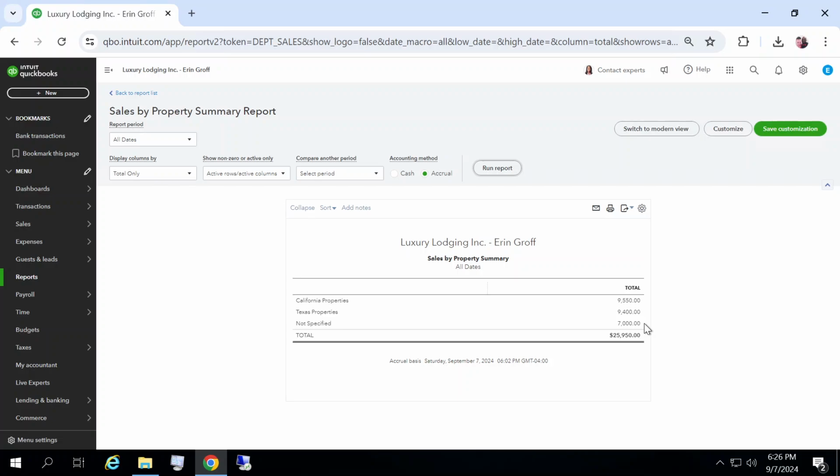And we will cover this part next. And that is in our modifying existing sales transaction from a report. You can modify transactions by drilling down on them within any QuickBooks report. By clicking once on the transaction amount, you can drill all the way down to the source document. Follow the steps listed to drill down on the transactions that make up the unspecified amount in the sales by property summary report for luxury lodging. So we want to click once on the amount in the report. In our example, that would be our $7,000 on the not specified line. So if we click on that $7,000,